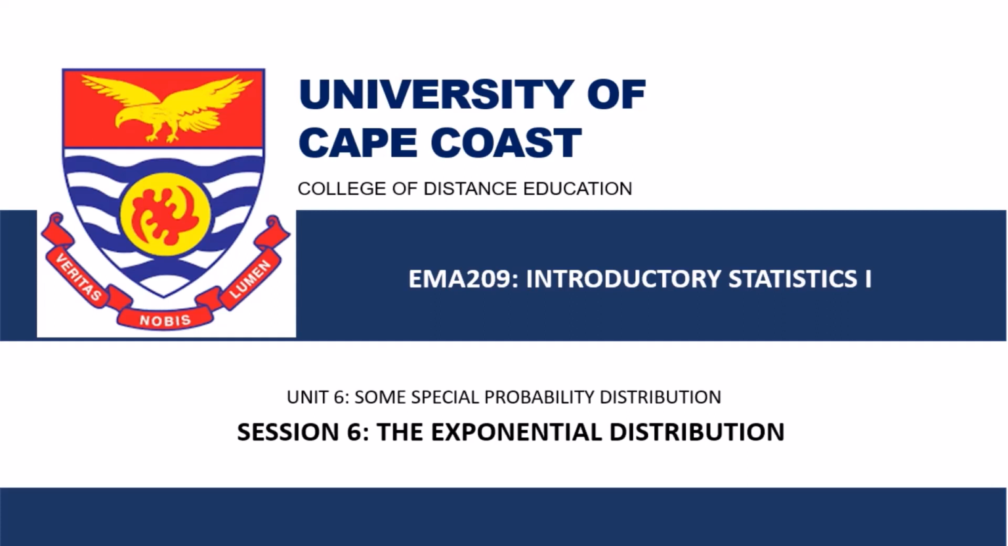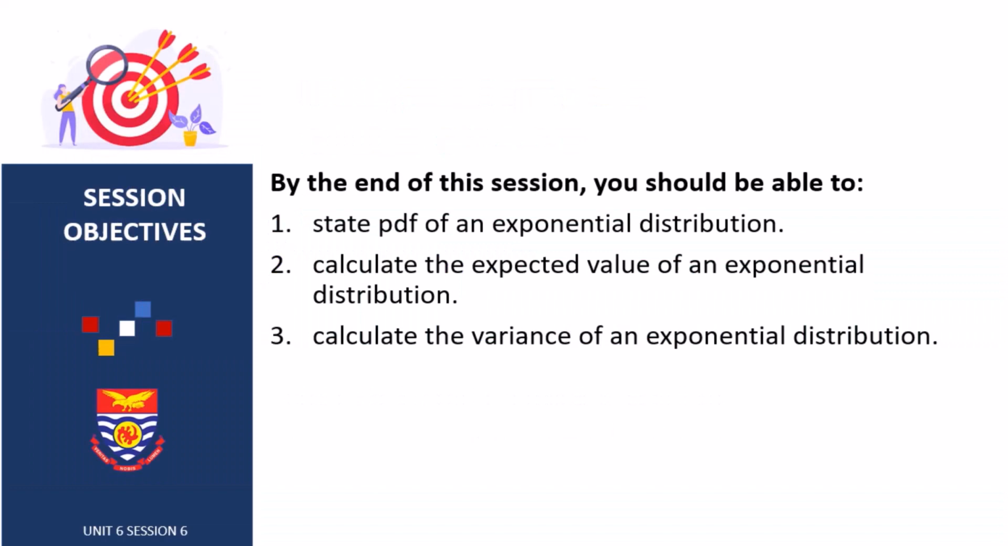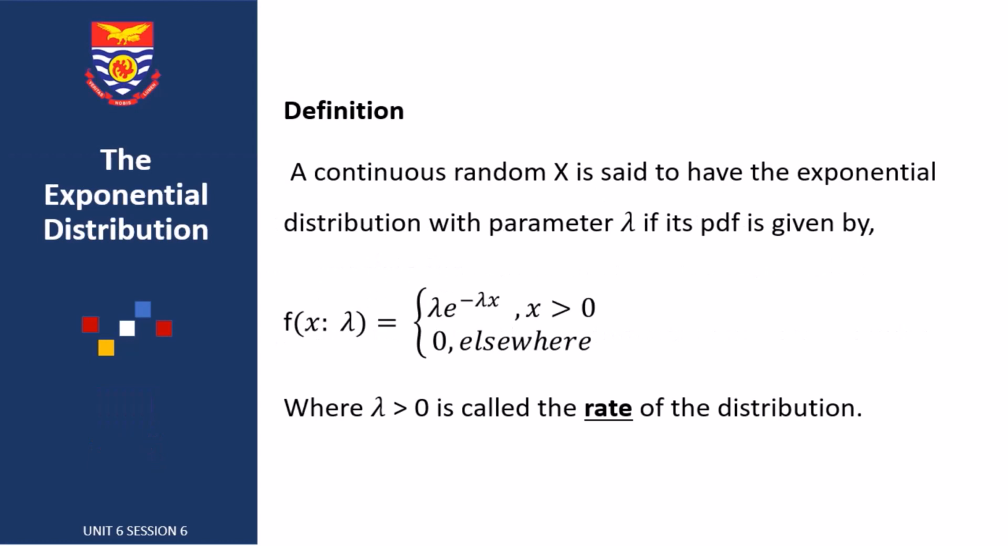We come to the final section, section 6 of Unit 6, the exponential distribution. It's also a continuous distribution. What do we look forward to? We are going to state the PDF of an exponential distribution, the expected value of it, and the variance of the exponential distribution. Good. The continuous random